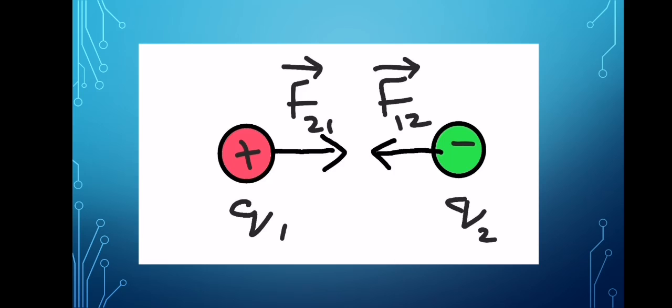Basically, the last case is for the like charges, and here is the figure for the like charges. When Q1 and Q2 both have opposite nature, the vector diagram for unlike charges is as shown on the screen. F21 and F12: these forces are directed inward, and these charges are directed towards each other.